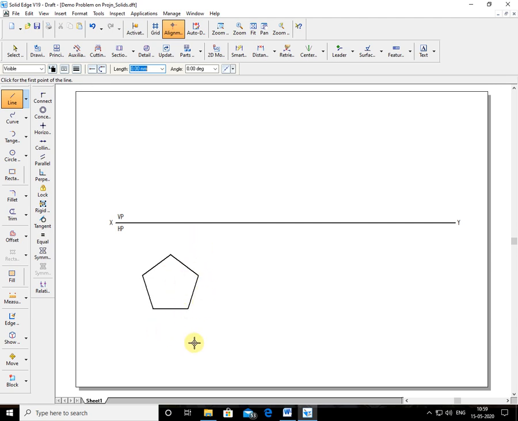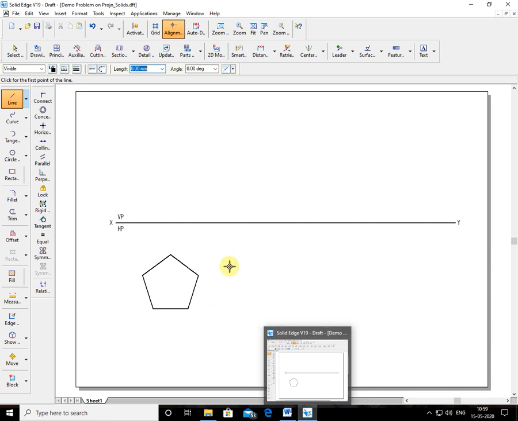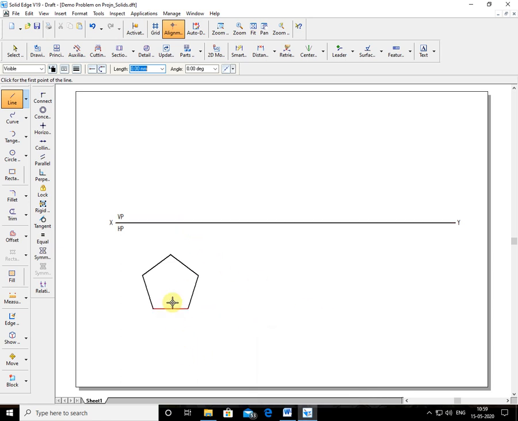Now, after creating the pentagon, you have to reposition it as per the problem. In the problem it says that it is resting on one of its edges of the base. That means you have to rotate this pentagon as per the requirement. We are interested in the right portion of the object, so it will tilt about which point, which edge or which corner. The right portion is of interest. That's why I am keeping the edge to the right and the corner to the left. In that way I will rotate now.